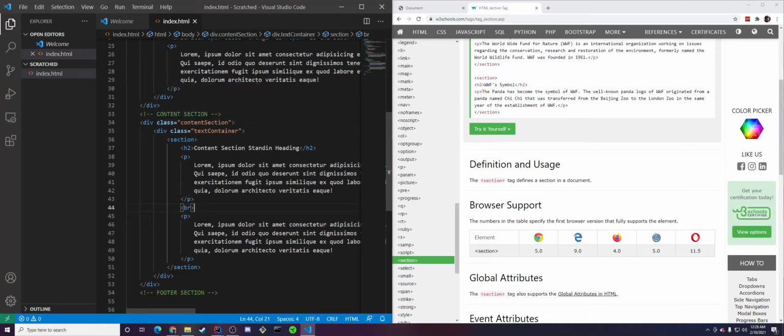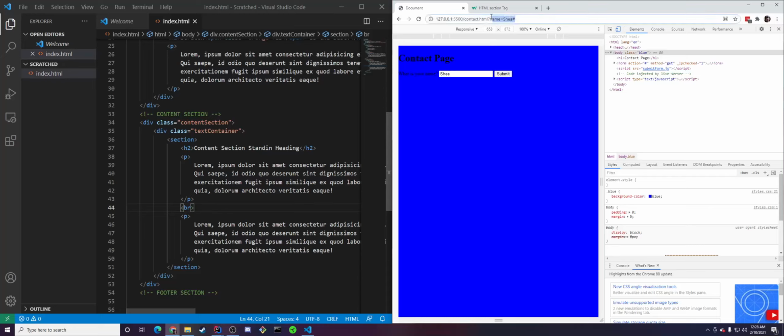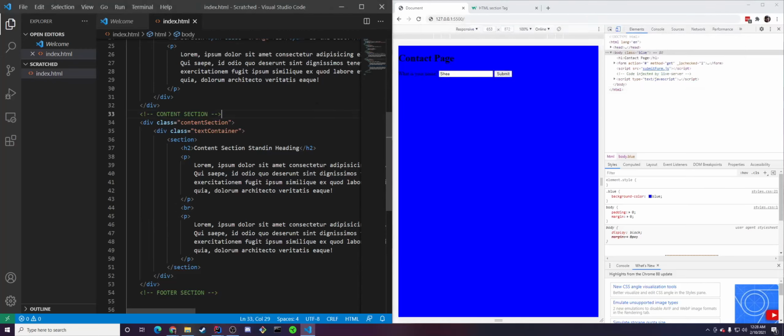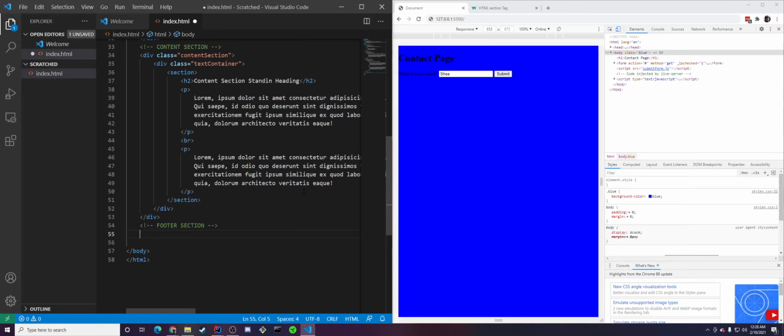Okay, so back to our wonderful content page here that we haven't even loaded up. So this is not it, by the way. So I'm going to go ahead and erase that. All this stuff is saved. Let's go ahead and build in our footer real quick. So we have a footer, and we're going to say div dot